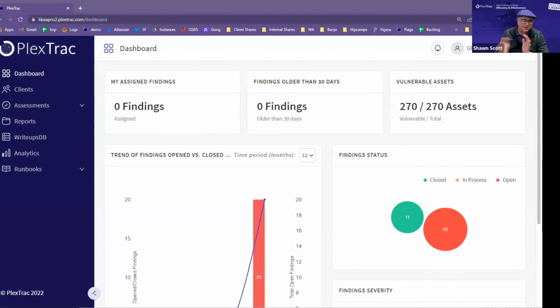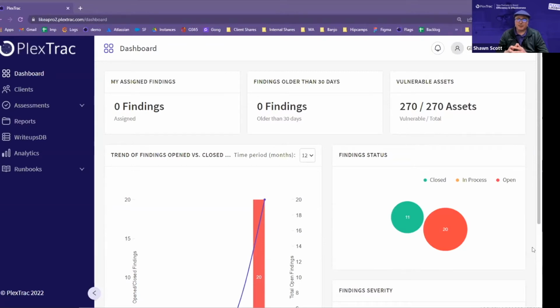Right. So the first thing we're going to talk about today is our HackerOne integration. And if you've not been completely deaf to the industry over the last year and a half, 2 years, you have definitely been aware of the rise of pen testing as a service. There are many services out there. HackerOne is one that is popular, and it is the first pen testing as a service integration that PlexTrac is